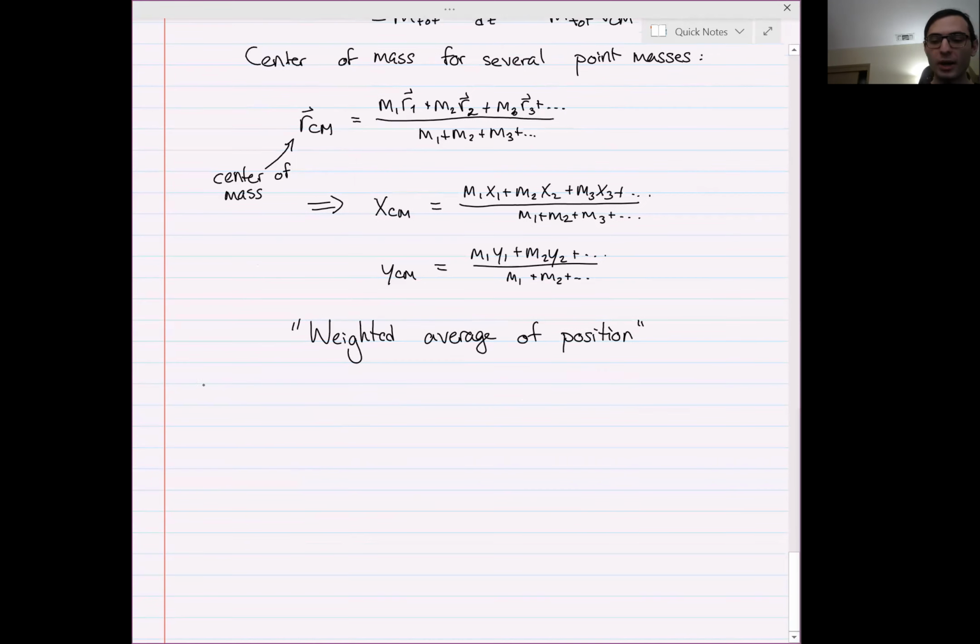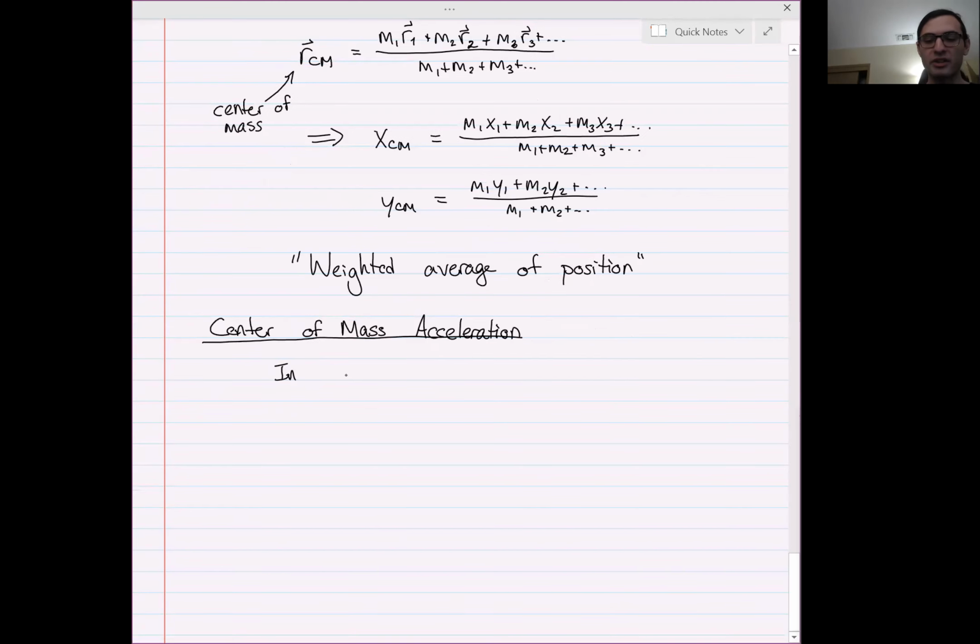All right, so I promised I would get to this. That was the whole point. We need to talk about the center of mass acceleration, or the acceleration of the center of mass. So think of the center of mass as a place in space that labels the center of your system. That place will move depending on what forces there are, because the objects in your system will move, so the center of mass has to move with it. So in the spring box system above,